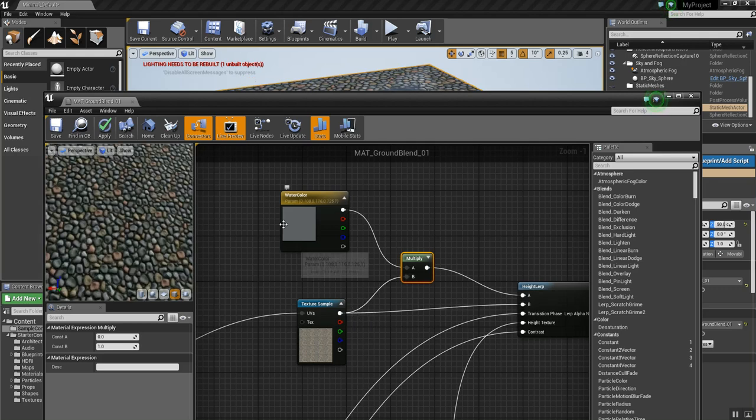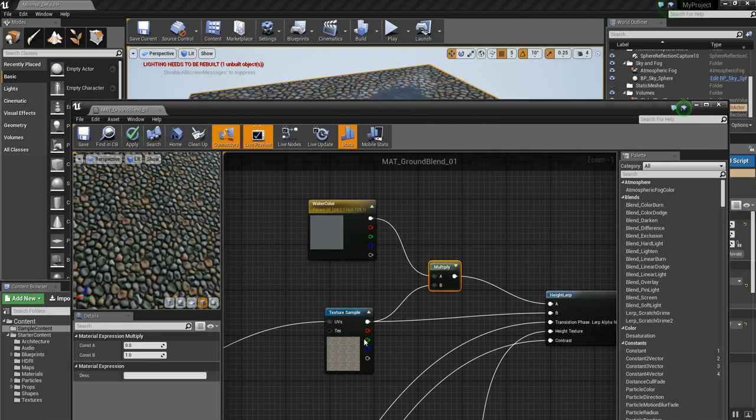So what am I doing here? I'm multiplying, but what is that doing, without looking at the result? It's making the base color of the cobble come through the watercolor. It's basically just tinting the base color. So if I hit save,